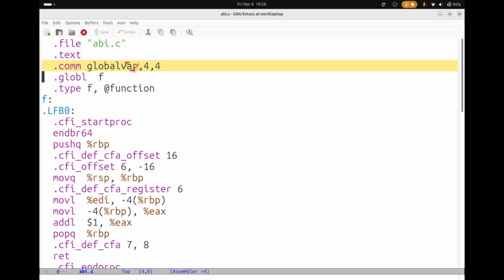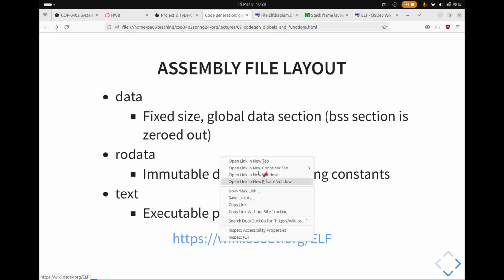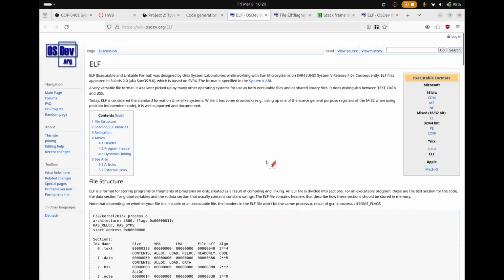If we had strings here, those strings would also be allocated up here at the top, global strings and string constants as well. There are several different variations of this. There are data sections which don't bother zeroing out data. There's a BSS section, which the machine will zero out the data for you. There's a read-only data section for things like string constants. And all this is specified in the